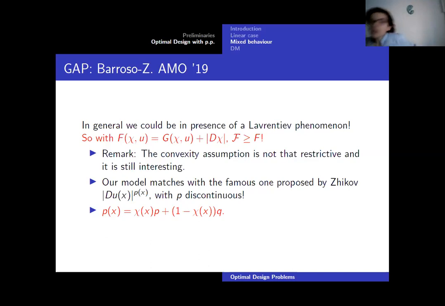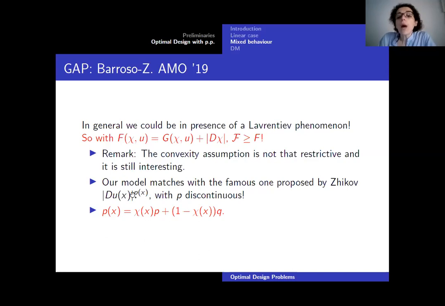And let's also say that this assumption was not the only one that we made, because with the field F it was very complicated to understand what is going on when we have polyconvexity, but also because this model, the convex model, matches a famous counterexample due to Zhikov, where there is an energy density which looks like the norm of the gradient of u